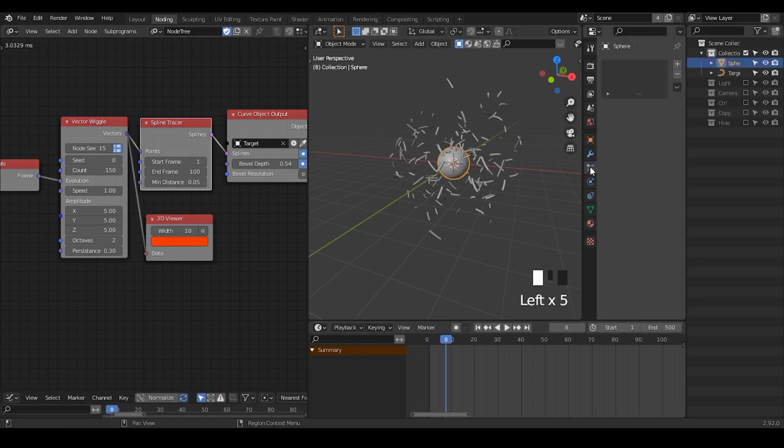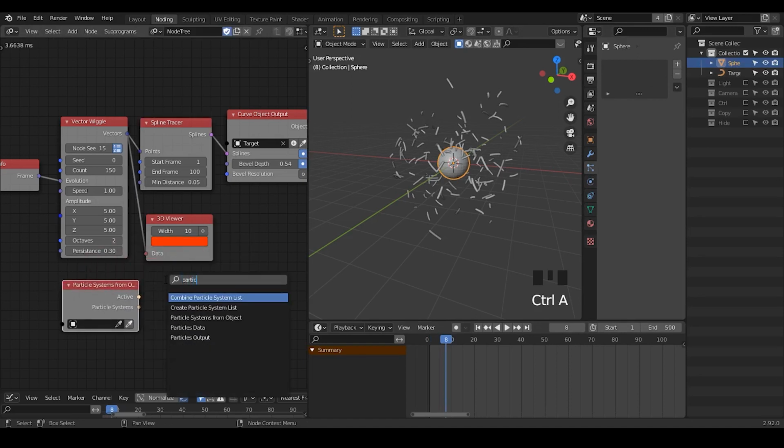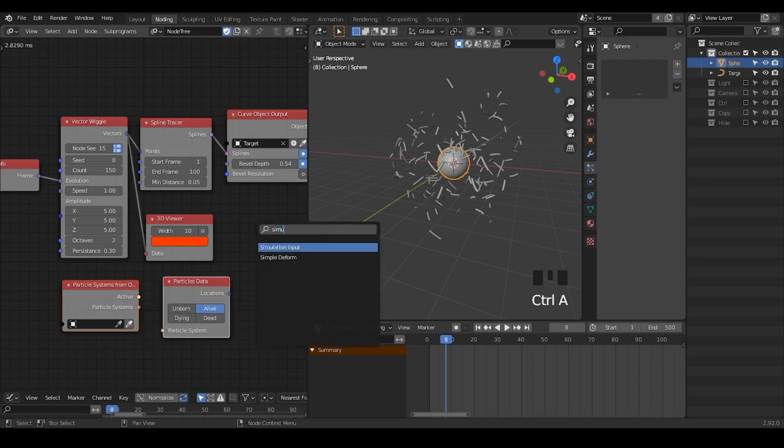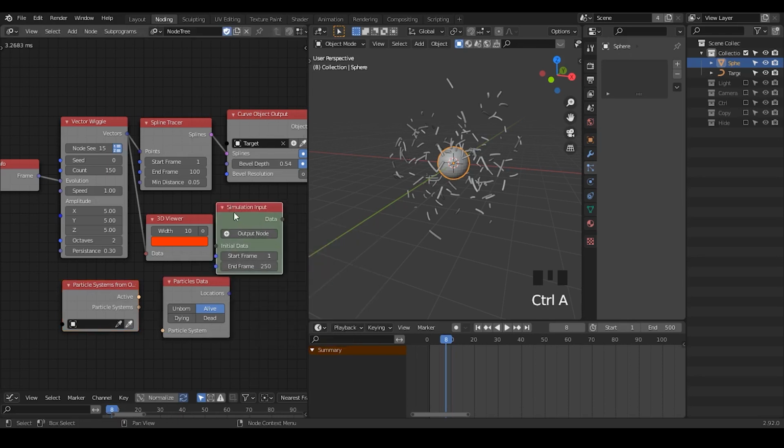Maybe if you try emitting particles and tracing the particles, use the particle system from objects and particle info, particle data, and use that location to drive it, you will get a better result. I'm not exactly sure, but you can try. But our whole point today is to use an alternative method, which is called simulation nodes, which is